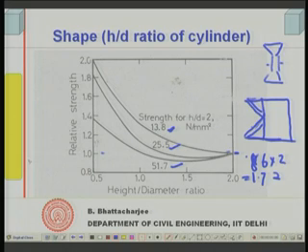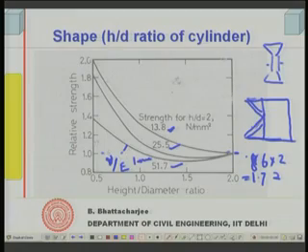This effect tends to reduce when the strength of concrete increases. The reason is, if I have a stronger material, it will have lower nu by E, because E would have increased. So, with lower nu by E, the lateral movement itself wouldn't have been much, and the Platen effect would be somewhat diminished. That is why you see it is much diminished here, whereas in this case it is relatively high.